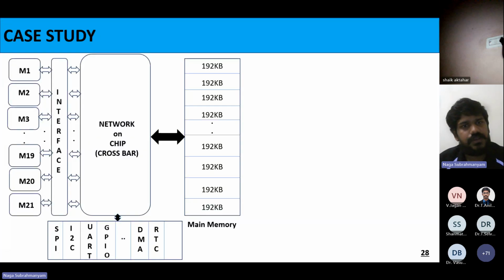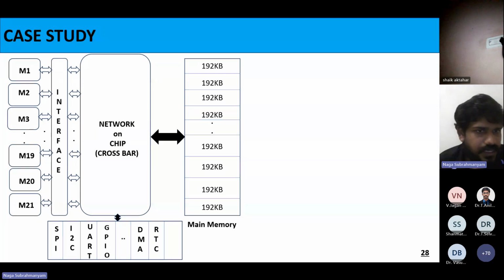Then what does the NOC have to do? The NOC has to check the priorities of the masters. Based on that priority, the NOC has to put the requests in a queue, then serve them one by one. Whichever it is serving, it takes the responses and gives them back to the respective master. The NOC should have that intelligence. That is called back pressure, meaning not one to one but many to one. Then many things come into place, and we see how the NOC behaves. Like that, we will send the data of 21 masters at a time.